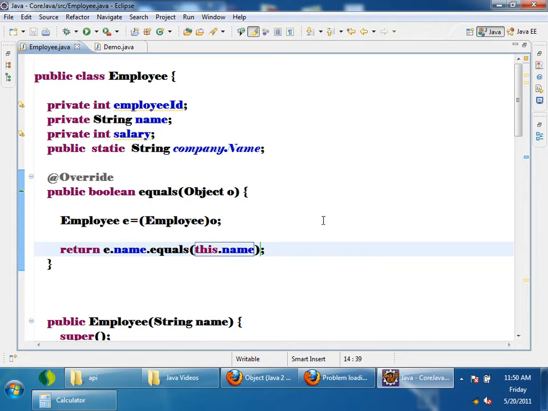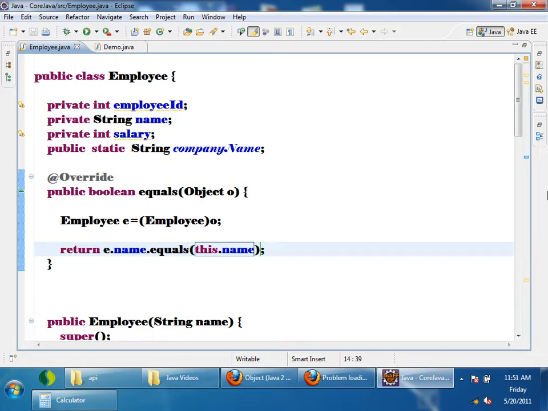Previously I compared employees by using employee IDs, it was very clear. But now I want to compare two employees by using the names. If names of two employees are equal, I want to treat the employee objects as equal. Name is a string, and for comparing two strings we have the equals method in String.